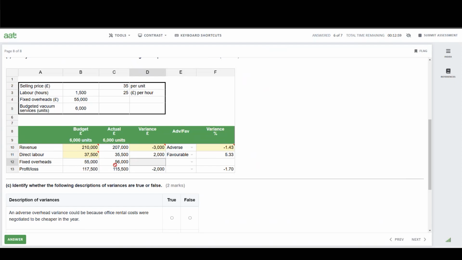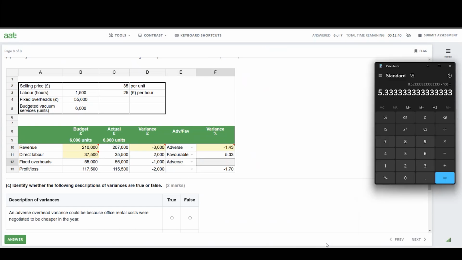Fixed overheads. Actual cost is higher than our budgeted cost. So if we do 55,000 minus 56,000, that gives us an adverse variance of £1,000, which will be indicated with a minus sign. It's an adverse variance, and our variance percentage is minus 1,000 divided by